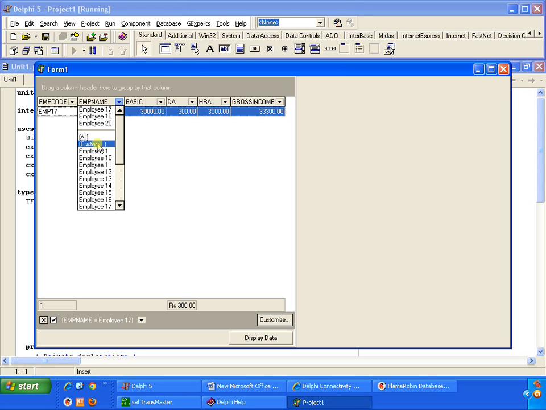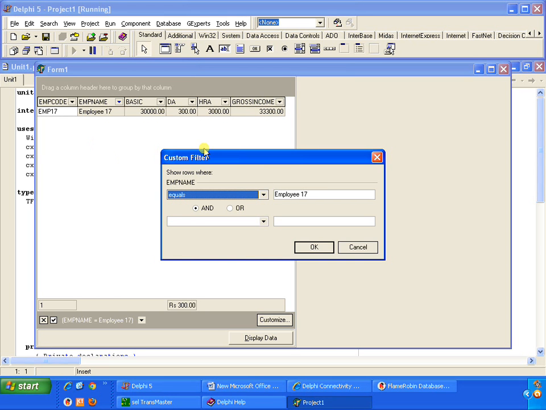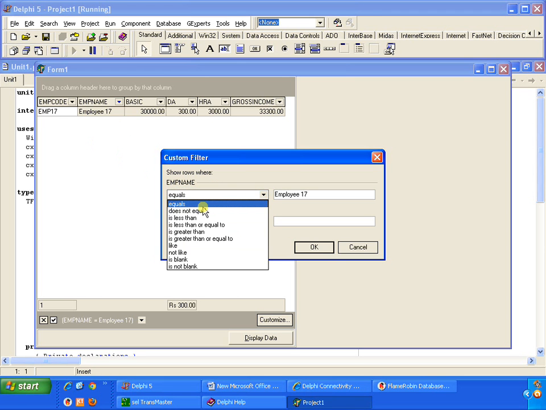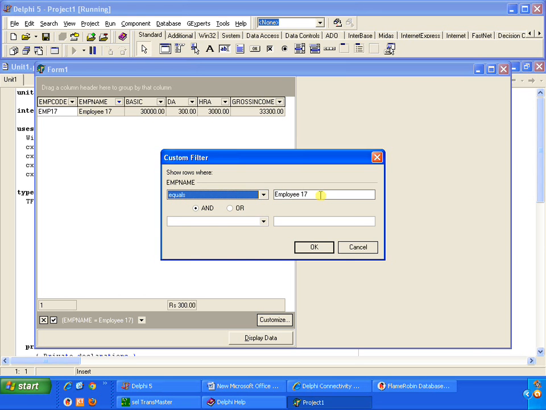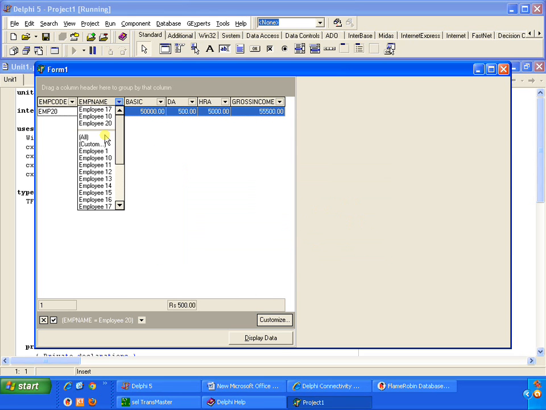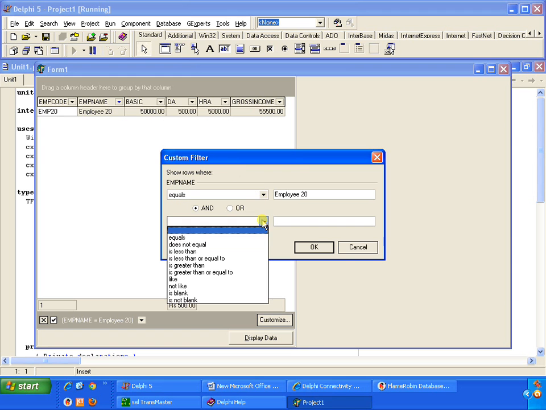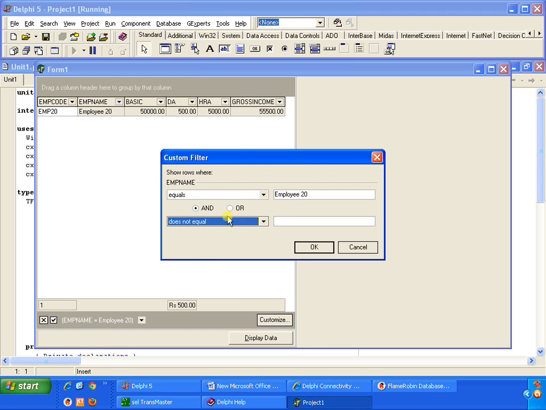Now we'll go and select the custom. Whatever the row we have selected, EMP name. EMP name equals, does not equal, less than. So these are the constraints, these are the conditions provided here. When you say equals 17, I will say 20. It's coming 20 here. Once again we would go there, again equals,